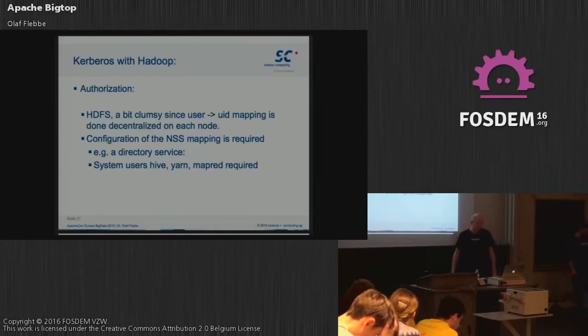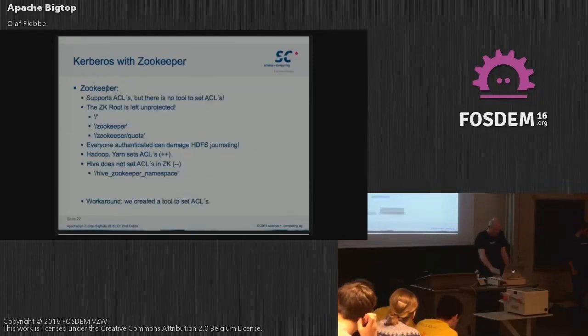The authorization, we found some problem. But in Zookeeper we had a problem. We found that the authentication is done by Kerberos, that's okay, but the authorization has a problem because we have access controls in Zookeeper to protect the semaphores, and these semaphores are unprotected. So everyone can delete it and can